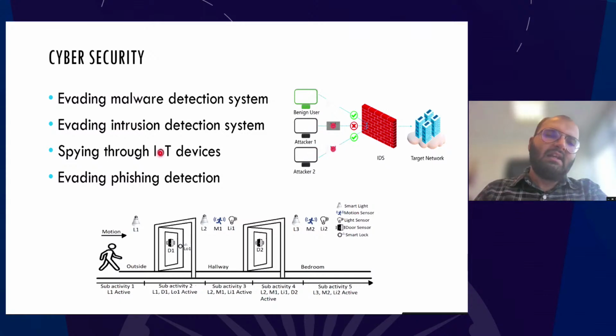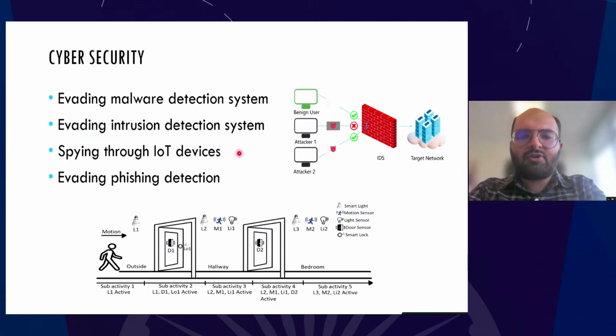तो एआई पॉजिटिव वे में भी यूज हो सकता है और नेगेटिव वे में भी यूज हो सकता है। दूसरा सिनारियो है कि स्पाइंग थ्रू आईओटी डिवाइसेस। आजकल हम देख रहे हैं कि हमारे सभी के घरों में आईओटी डिवाइसेस की यूसेज बढ़ गई है, जैसे कि